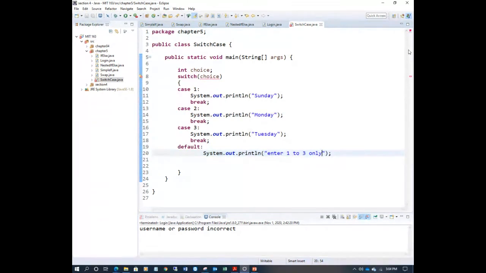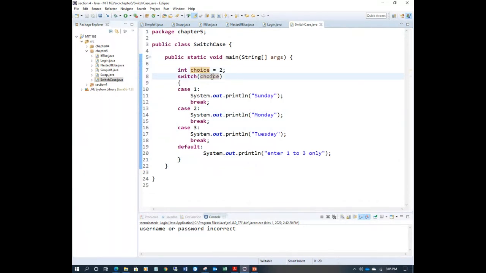Now, based on the condition or choice, mostly this is a choice or expression, right? So based on the choice, it will execute any one of the cases. So let's put the value of choice here. For example, we have given the value of choice is 2. Now switch 2. It is like a switch 2 because 2 is a number, right? So you'll find that either 1 or 2 or 3. So now it is 2, right?